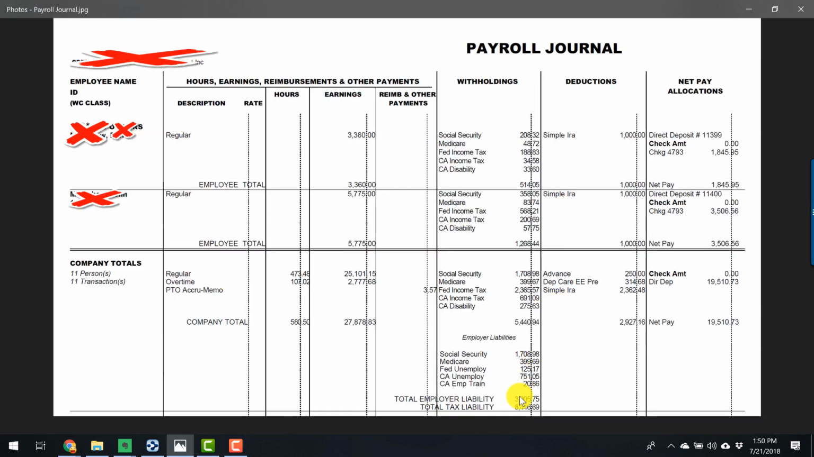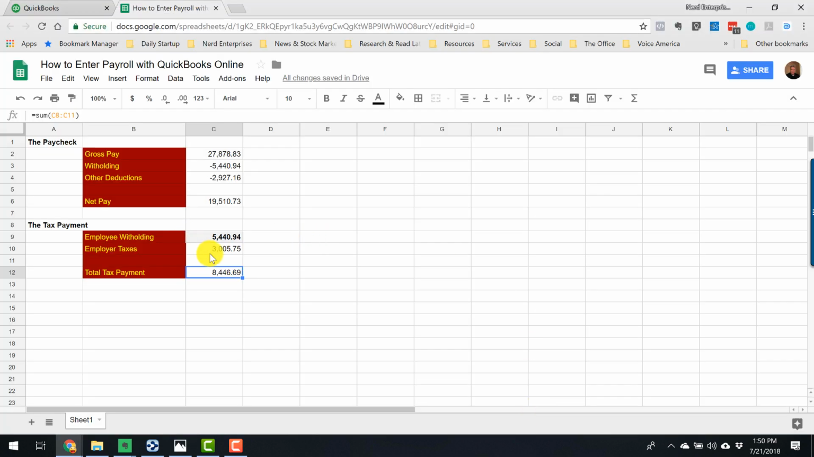Let's take a look back over here. Notice at the very bottom, total tax liability $8,446.69. The other mistake people make is they would take this $8,446.69 and they would record that as just the employer tax expense, right? So you would think that would almost make up for the understatement of payroll expense here, which is almost $8,400. But it doesn't, because keep in mind that $5,400 of that is the employee withholding. So we would be overstating payroll taxes by